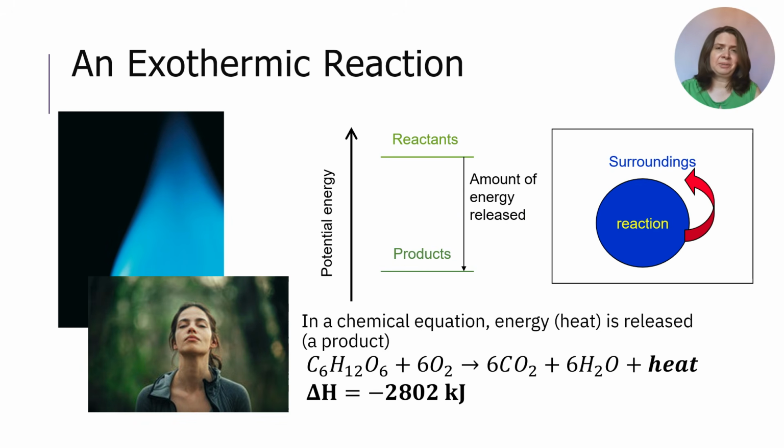In an exothermic reaction, the reactants have a higher potential energy than the products. As the reaction proceeds, the reactants release this excess energy to the surroundings. Because the surroundings receive heat, they become warmer. A familiar example is fire. You can feel the heat coming off of this reaction because the energy released by the reaction flows into the